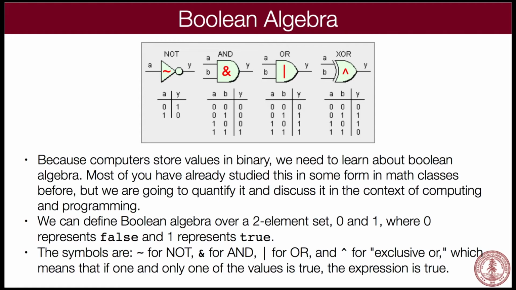So in this case, we have A and B both being 0, so neither one is 1, so that's going to be a 0. We have 0 and 1 for A and B, and that's a 1. We have 1 and 0, and that's also a 1 because one of them was. But when we get to 1, 1, they both are 1, and so exclusive or says, if they're both 1, the answer is actually 0. Okay, that's how exclusive or works.